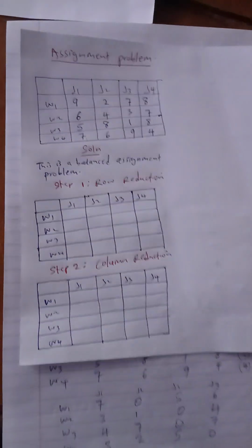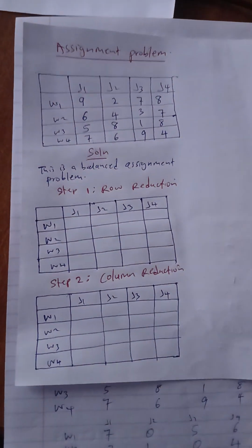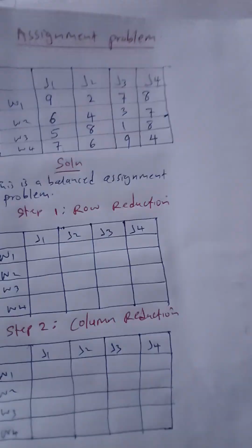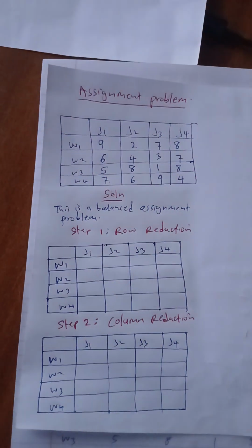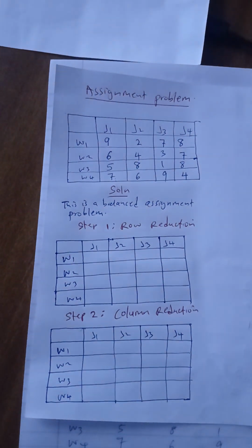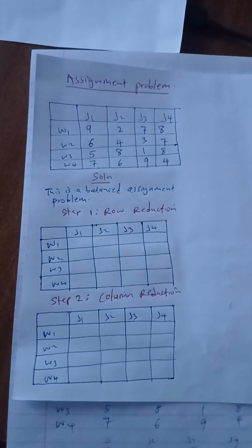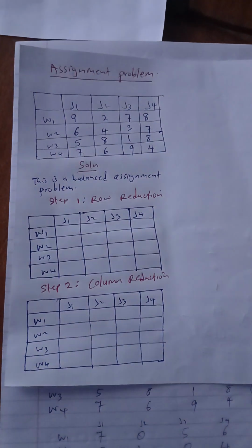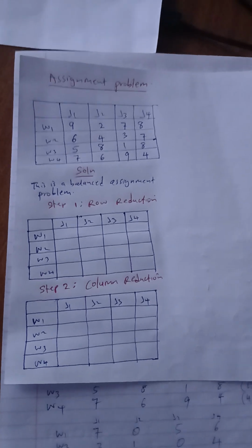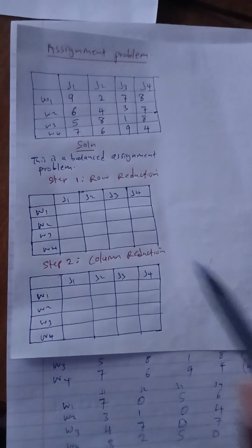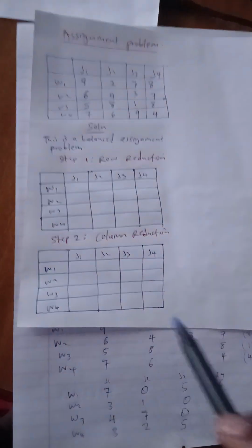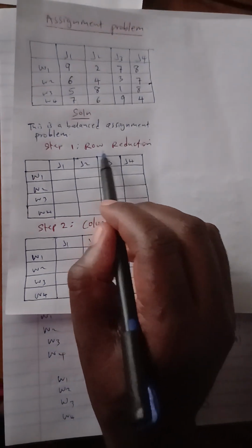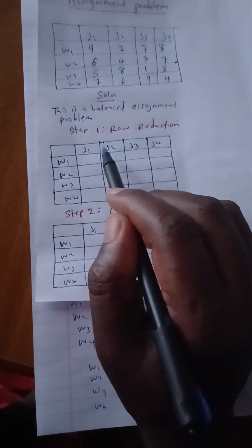Now the reason as to why we are solving this is to assign each worker exactly one job, and each job to be assigned exactly one worker. So step number one is we start with a row reduction. Under row reduction,